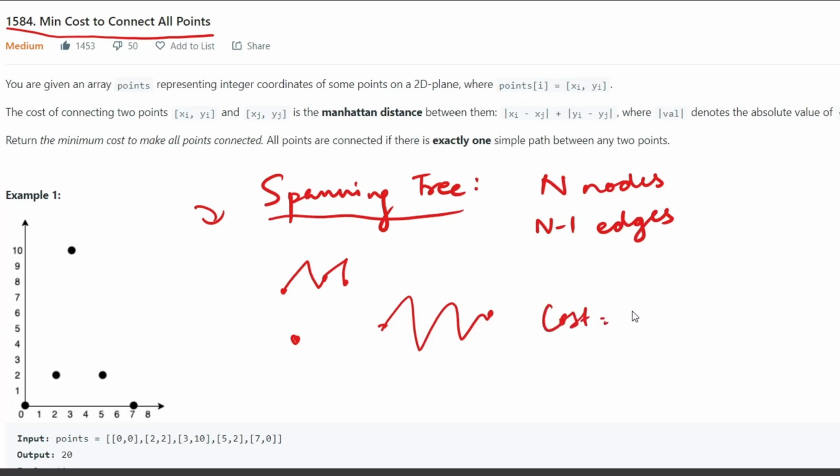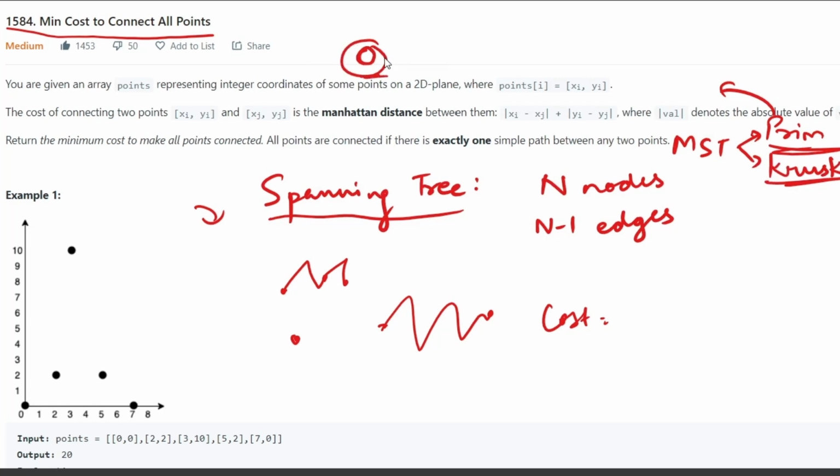So let's see how we are gonna solve this MST problem. We have basically two algorithms to solve MST. First is Prim's algorithm and second is Kruskal's algorithm. I hope you know this, but if you do not, I can give you a brief about both of them. So in Prim's algorithm, we first select any vertex,